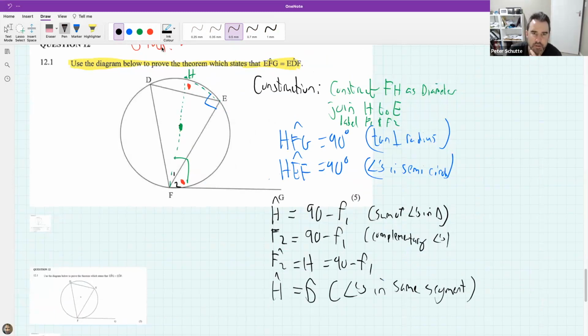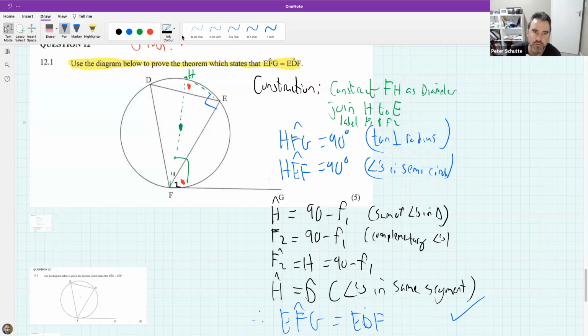And then just to make sure we write it in the language they want, D is actually EDF. So we can say, therefore, and EFG is actually F2. So we can say, therefore, EFG is equal to EDF,